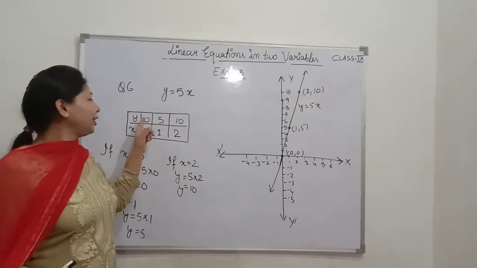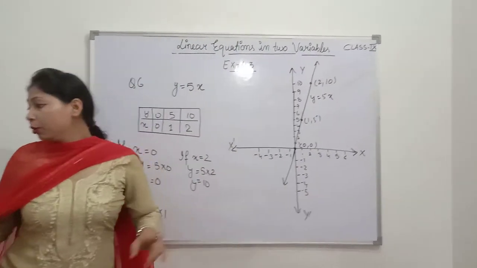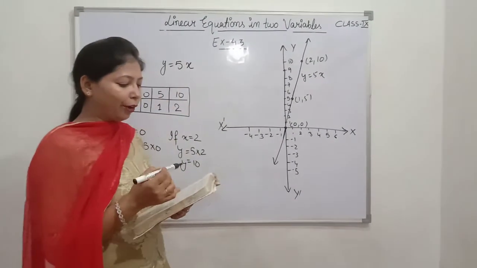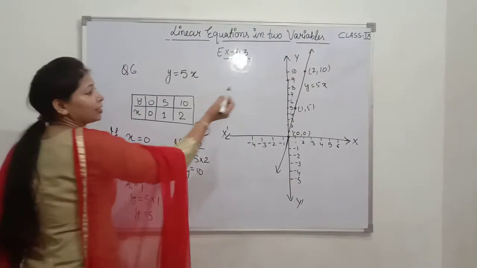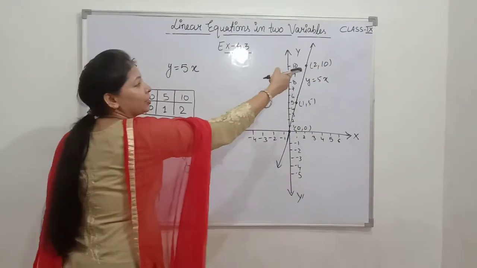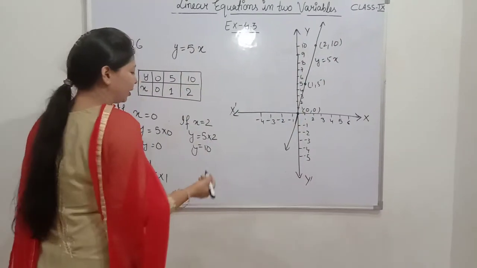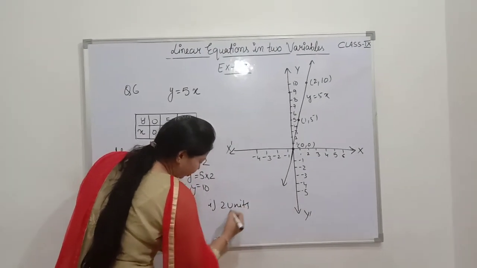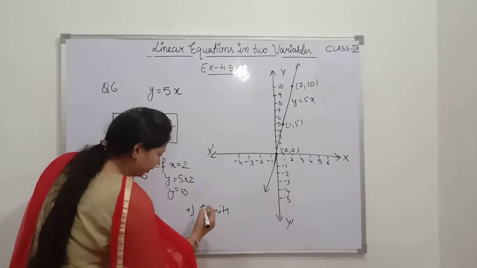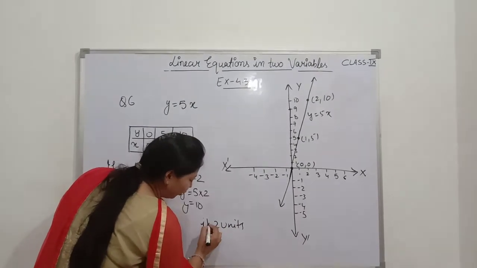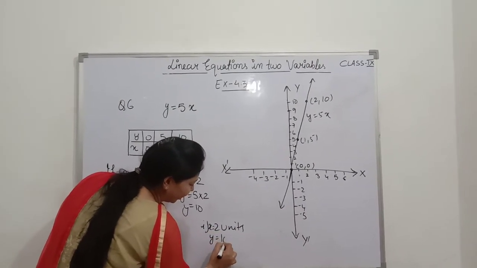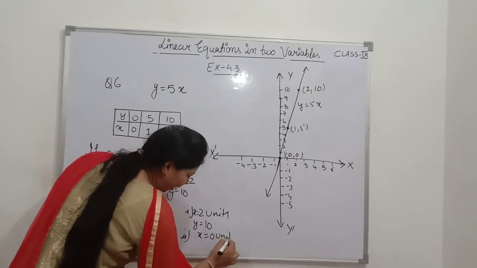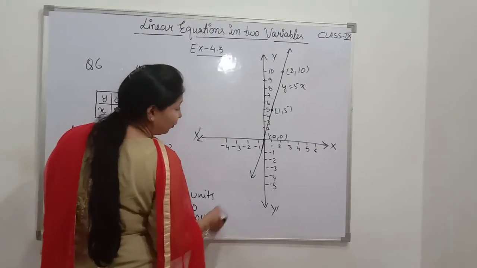We are plotting these points on the graph. Now there must be a question: read from the graph, at 2 units what is the distance? Now at 2 units, how much is the distance? See, at 2 units how much distance travel is happening? It is 10. So you can write the answer. The question here is, if 2 units is the distance, then what is the value? If x is equals to 2 units, then what is the value of y? Y is 10. In second part, if distance travel is 0 unit, then what is the value of y? Y is also 0.